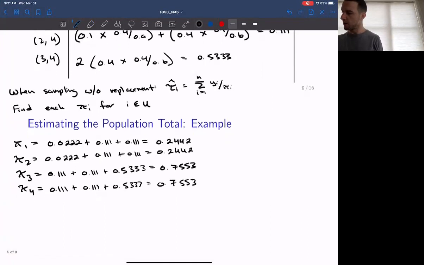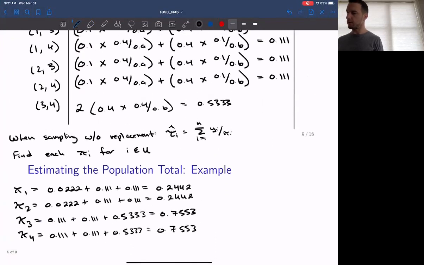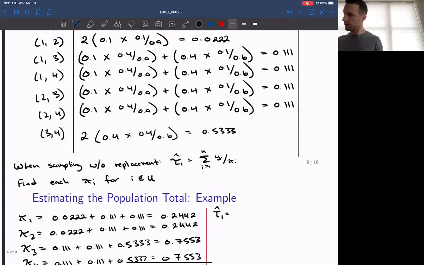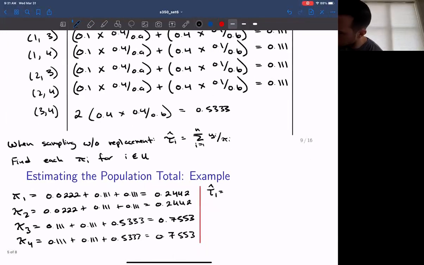All right, now we can use this information to find each of the tau hats for each sample. So I'll show you an example calculation here. Okay, so for example, tau hat 1 is going to be 1, yeah. Okay, so tau hat 1, where